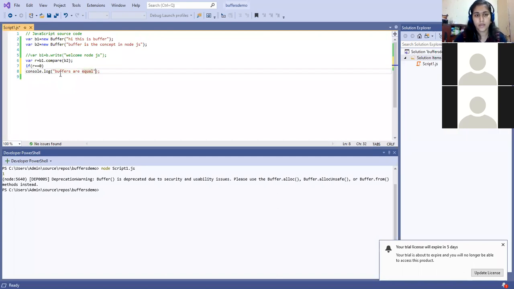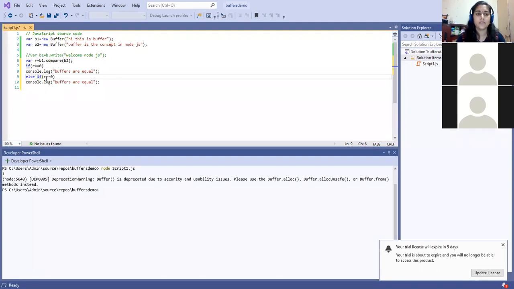Now for the second case, you can write else if. Either one case would be true, so no need to write an if case each time. I can use if, else if, then else.